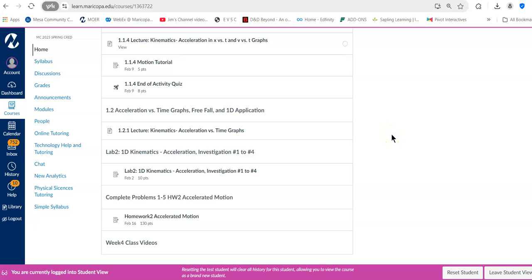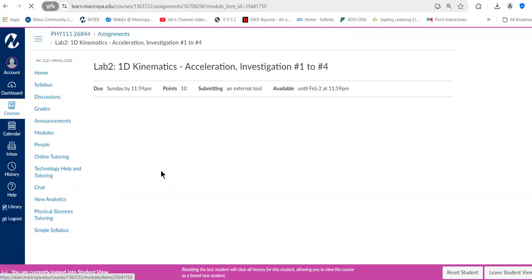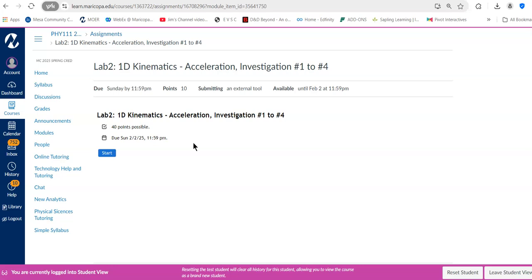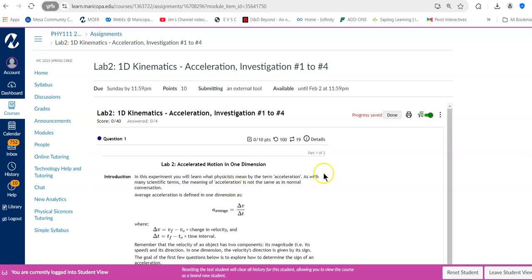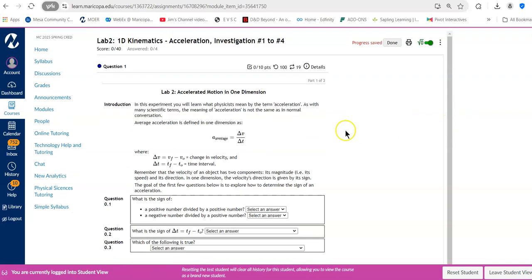Hi, everybody. This is Jim Corkins, and we are about to talk about Lab 2, and specifically Lab 2 Kinematics Accelerations Investigations 1 through 4. All right, I'm going to click on that. And when you do that, it sends you out to more, just like your homework assignments. Now, when I hit Start, it's going to actually open up the lab